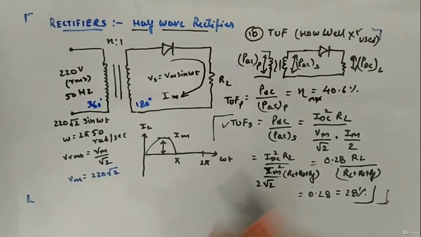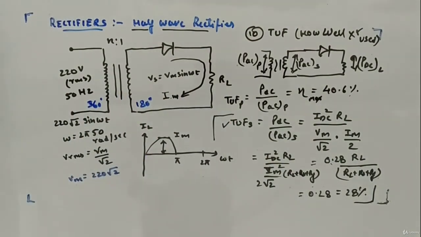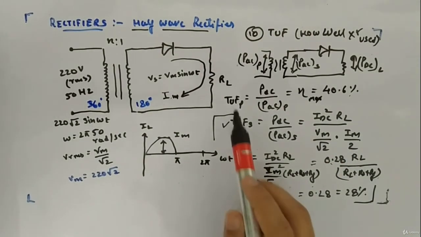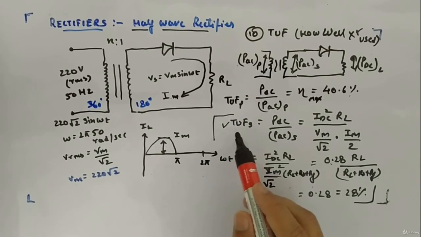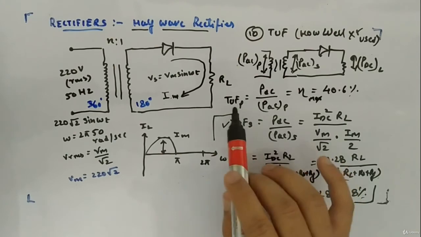I know the reason might not seem satisfying. Believe me, I am also confused with this logic, that there will be a phase change, because if there is a phase change, everything will change. So please look into when we take the average and when we don't take. In this case, I am telling you this is the transformer utilization factor, that is 28% for a half wave rectifier, and we don't touch the primary thing.